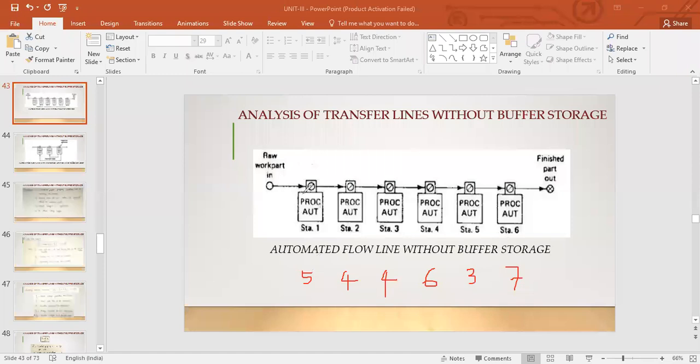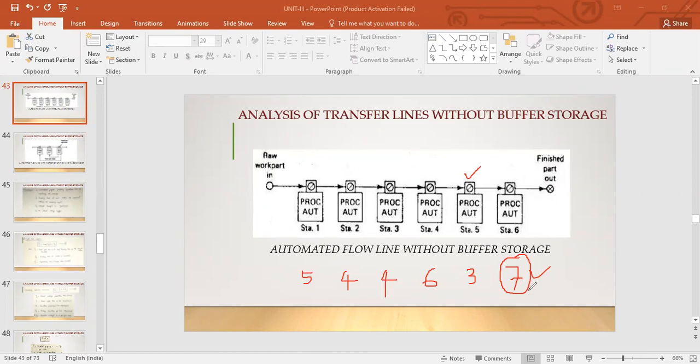If you keep the work part transport to be at 3 seconds, it is not sensible, right? Because other operations are not finished. This station has finished processing its part in 3 seconds, but other stations have not finished it. So the problem that you'll face is you have to go by the slowest station. Your transport mechanism has to be set based on the slowest station, so your cycle time is based on the slowest station.